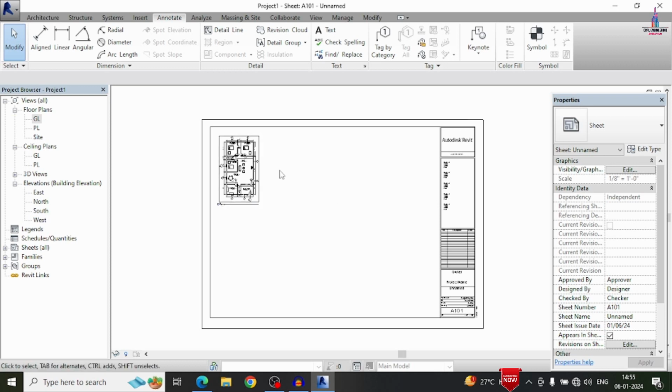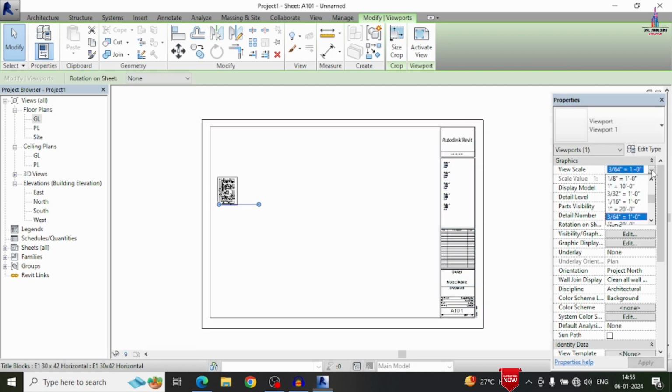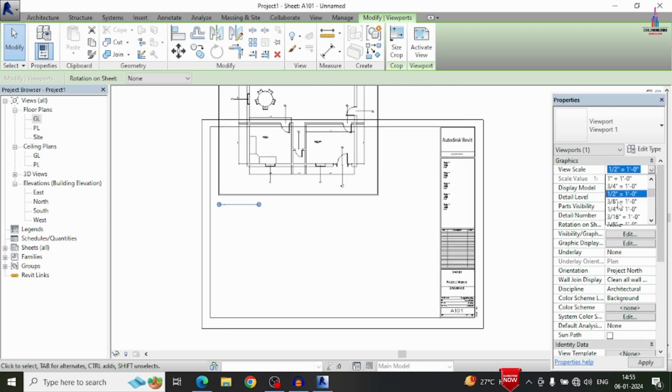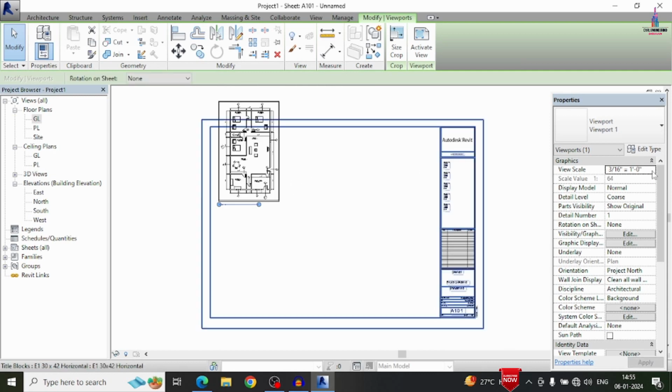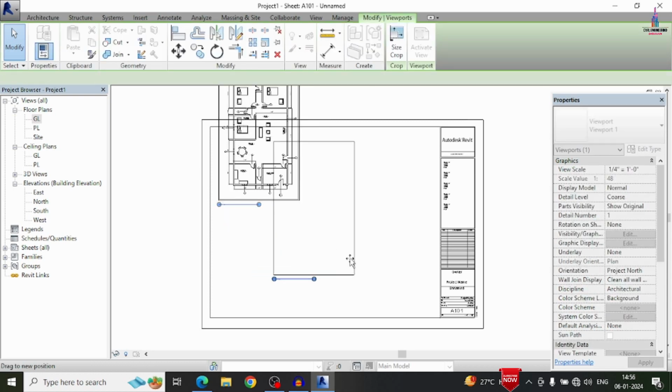So here you have to change the scale. For that we have to select this plan. So here I am selecting 3 by 64 or something. So it will be consisting of a small amount of the dimensions. So here I am selecting 3 by 4 like that, so that it will be consisting of a higher amount of the dimensions. We will select 1 by 2. It will be higher, and we will select 3 by 8 something. Okay, it is also higher. So here I am selecting 1 by 4. Okay, so you can adjust that, move that plan to the center point here like this.